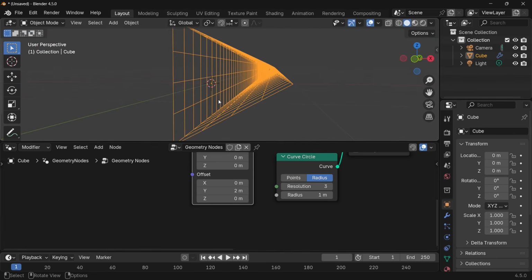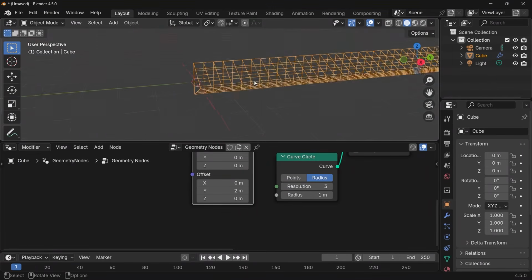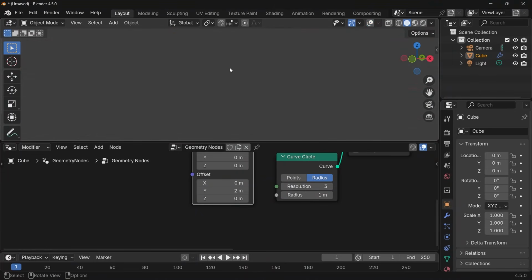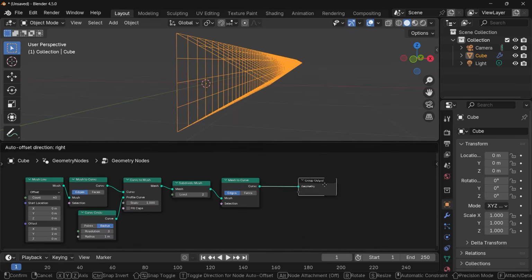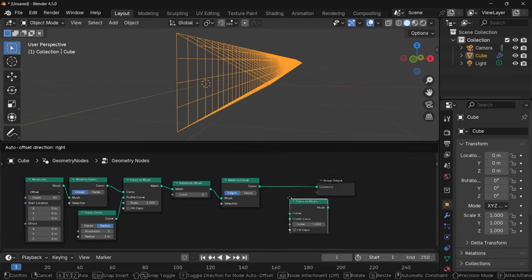The next thing that I want to do is actually create the animation before adding in the other elements to enhance this animation. So for the animation, if you actually switch off the overlays, we can't see this because this is still a curve. We need to convert this to a mesh once again. So we're going to press Shift A and search for another curve to mesh node